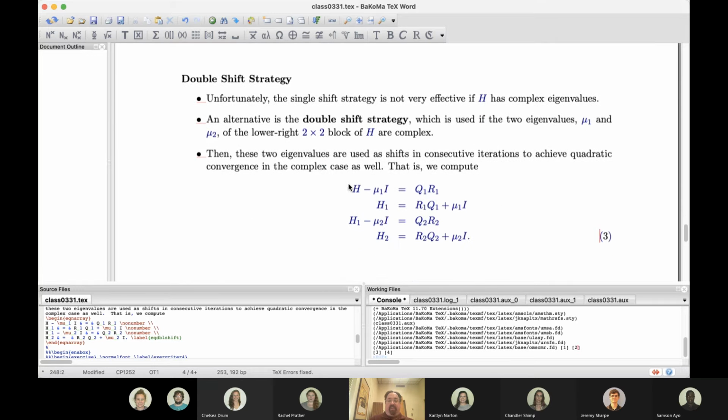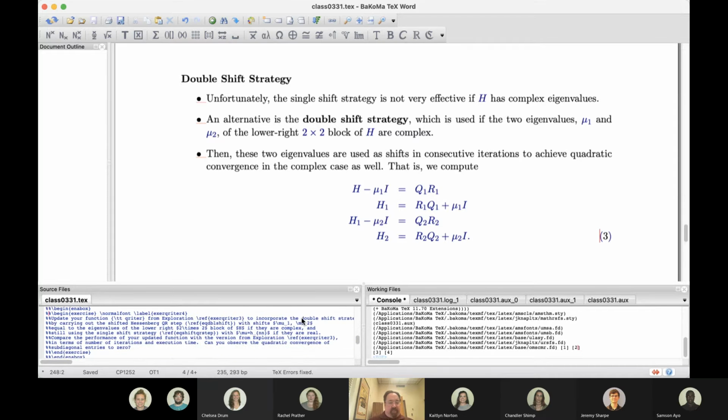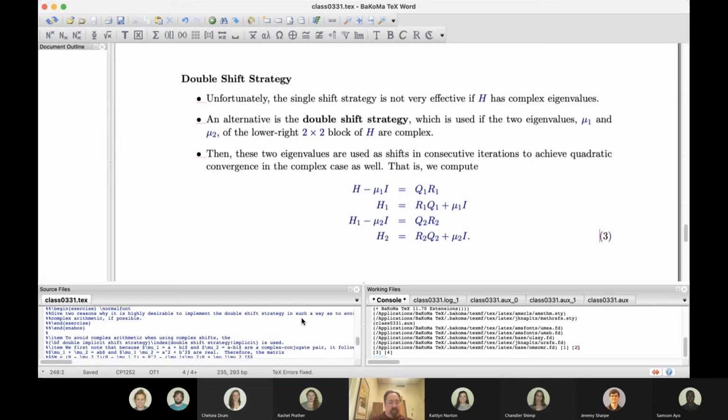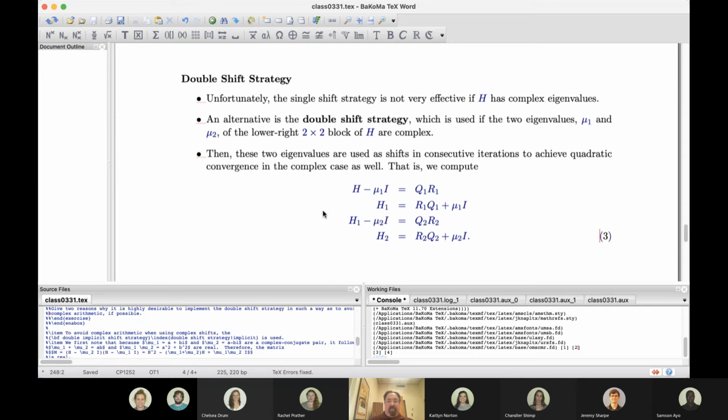So here's what you do. You just carry out 2 iterations like before. You shift and QR factorize, multiply in reverse order, and shift back. That part is no different. It's just that you use mu1 and then its complex conjugate mu2. So that's one thing you certainly could do, but